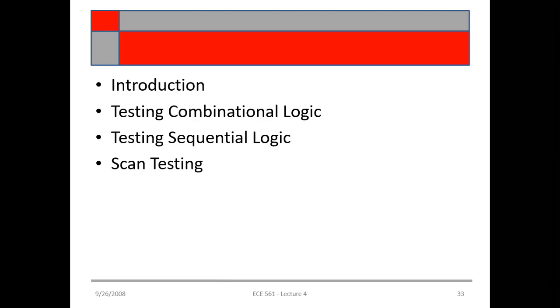The second topic is the testing of combinational logic. We know that combinational circuits are circuits made up of AND gates, OR gates, NOT gates, XOR gates, and so on. How are we able to test these circuits? For testing an AND gate, we know that the AND gate has two inputs, A and B, and we consider the output of that AND gate as C. When we apply 1 1 or 1 0, we check the value of the output that is available at the C point.